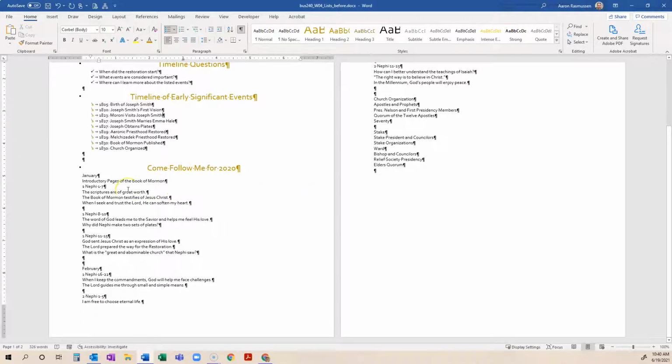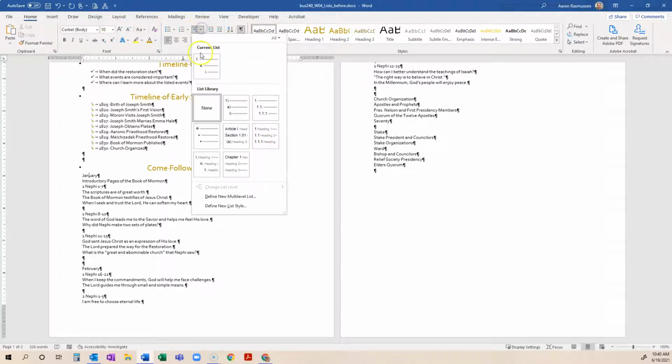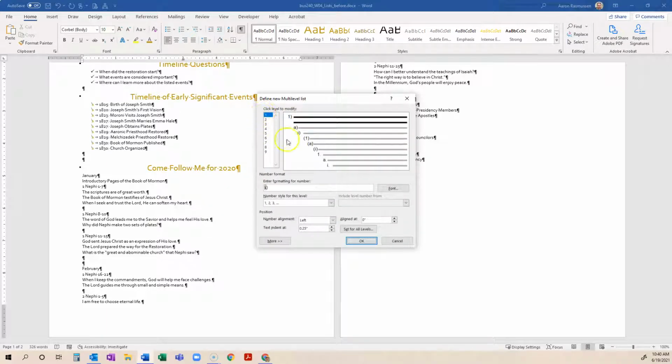Now I'm down to the list. This is a multi-level list, and I'm going to define that right here. I'm going to define a new multi-level list because none of these default ones are going to match the requirements for this particular assignment. So I'm going to click there, and then I have an option to choose what each level will look like. And if you look at the example that you're given in the instructions for the assignment,